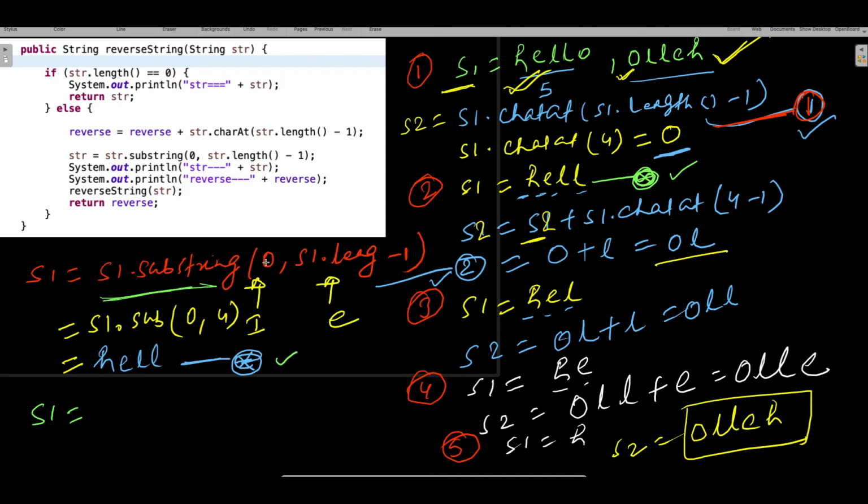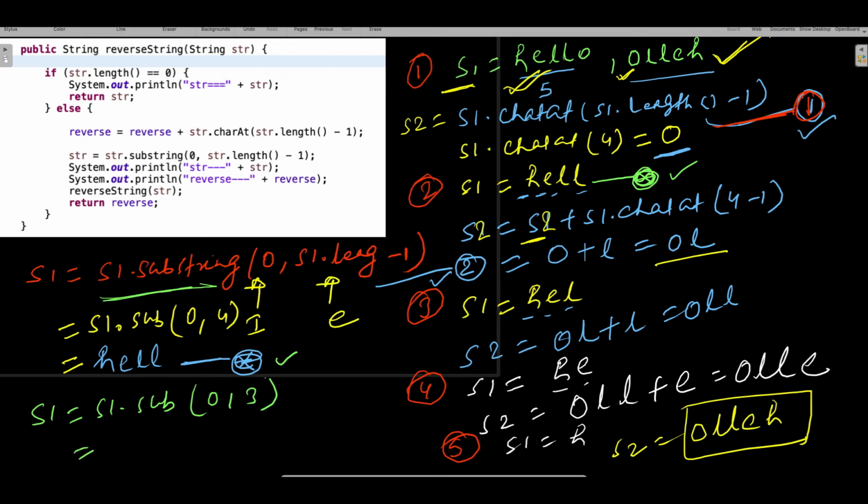So when you do substring 0 to length minus 1, what is the length now? 1 2 3 4, 4 minus 1 is equal to 3. So you will do s1 dot substring 0 comma 3. When you do 0 comma 3, what is the output?